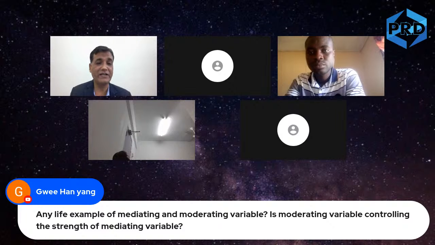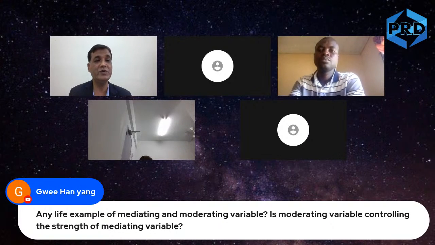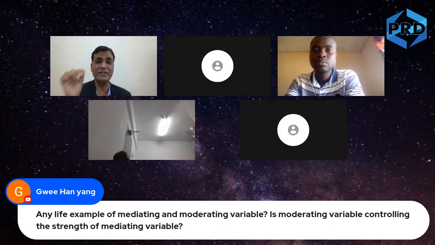Any real-life example of a moderating or mediating variable? Many moderating variables come from demographic variables like age, marital status, all that. But there are certain other variables as well. Say, for example, you are doing a study on customer loyalty, and you use the SERVQUAL model, adopting the Parasuraman study. So you have 5 independent variables and a dependent variable, say, customer loyalty. If you are looking at customer loyalty in online shopping, the main problem with online shopping is trust. Trust is still an issue.